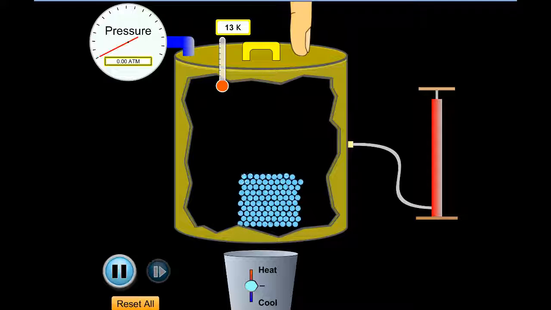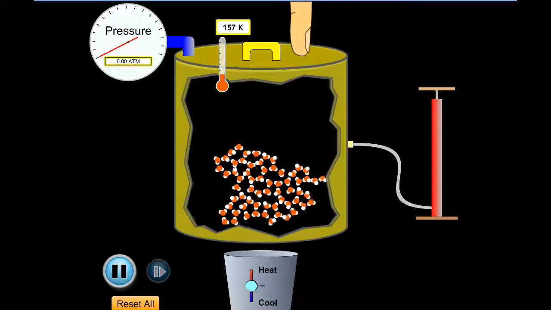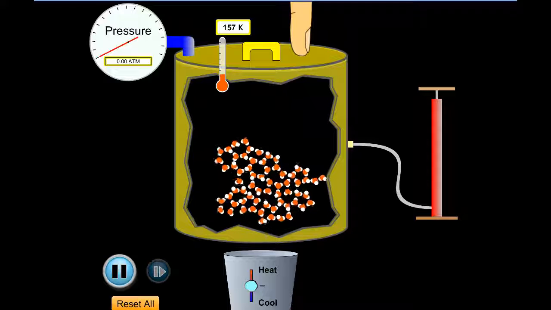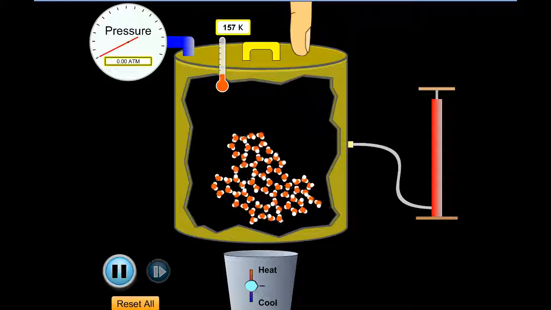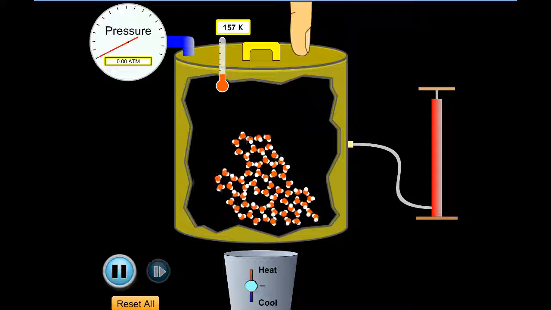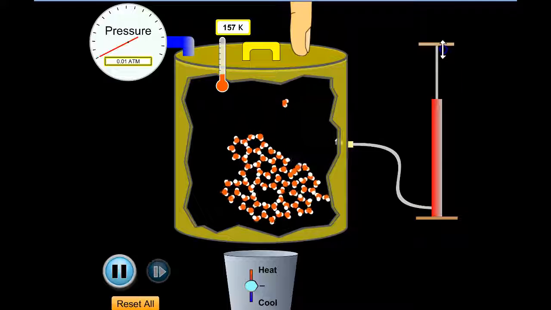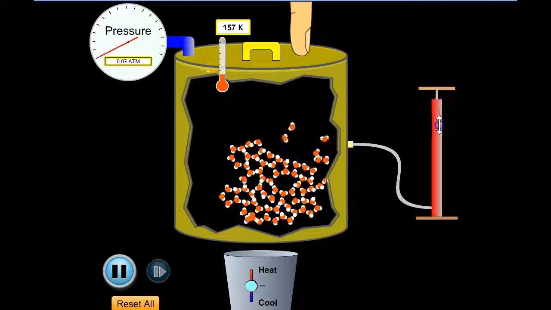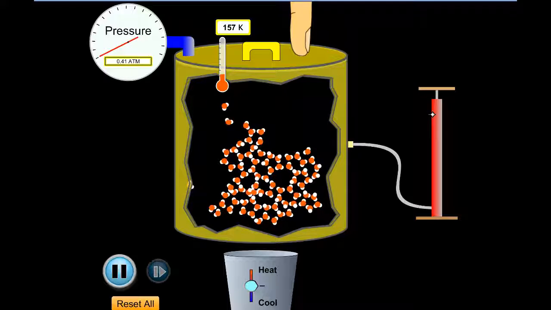So I really wanted to take a look with you this morning at a simulation that we've seen in the past, and I'm going to start out with some water molecules. So we have some water molecules in a container, and we have those water molecules, of course, moving. We never have molecules or atoms that have no energy and are completely still. But I want to go ahead and put some extra molecules in there. So you can see that just by using this pump on the right-hand side of the screen, I'm able